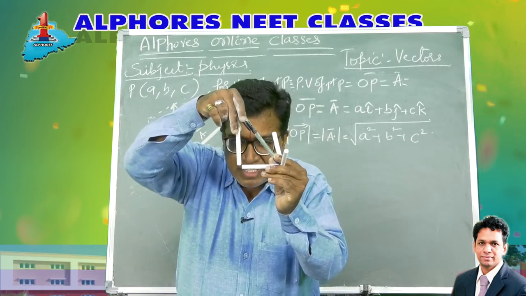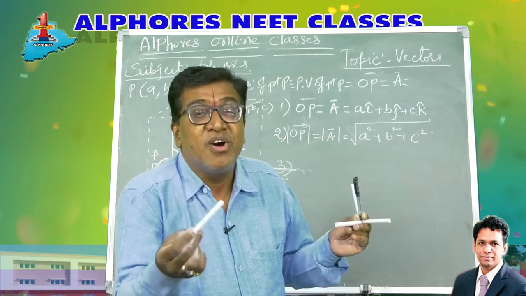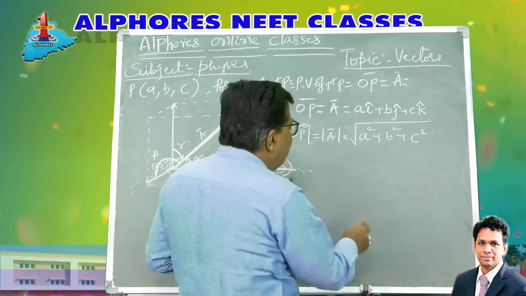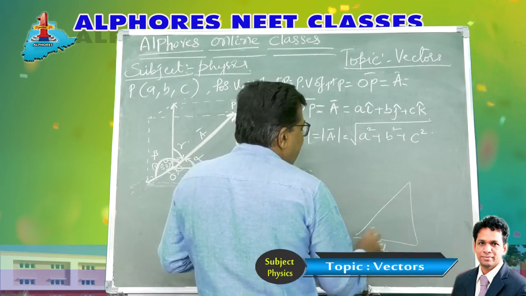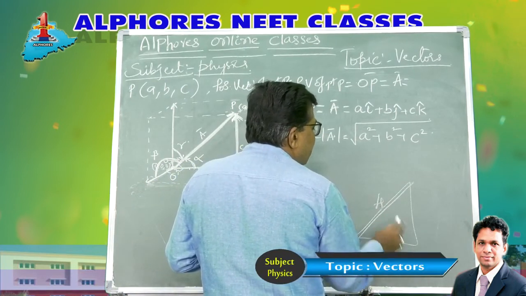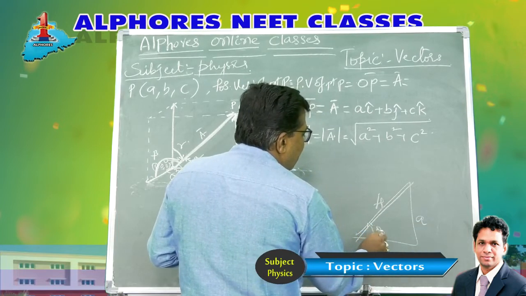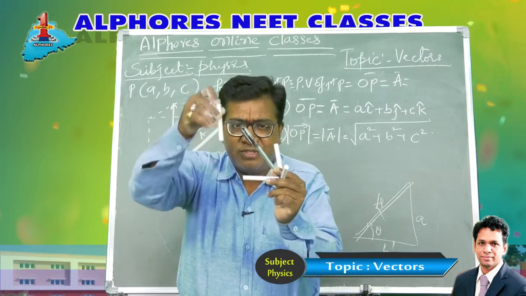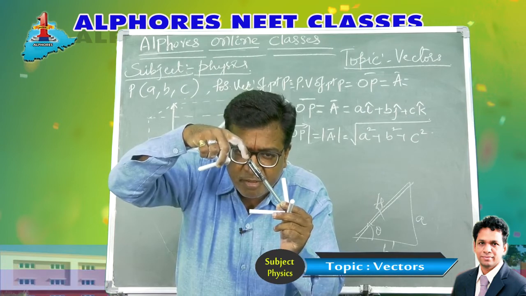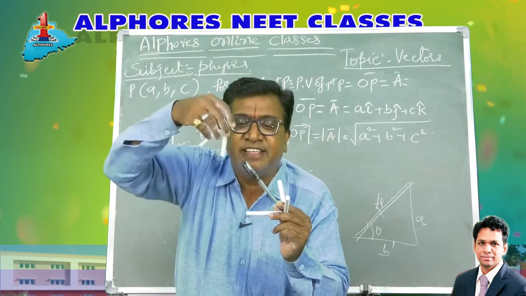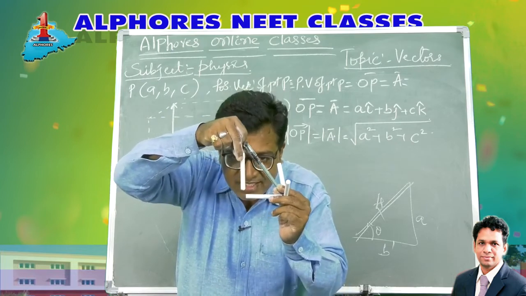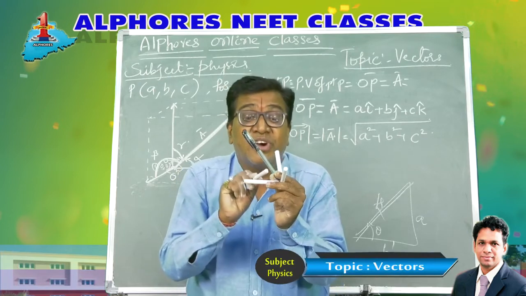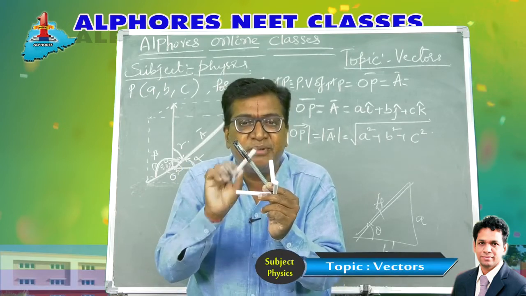So now from this right angle triangle, apply trigonometry. What is cos alpha? According to trigonometry, cos theta in a right angle triangle is base by hypotenuse. This is the base, this is the hypotenuse, and this is the altitude. From this right angle triangle, I am dropping a perpendicular from the point P onto the x-axis. Even if I tilt it and drop a perpendicular this way, this is a right angle triangle and this angle is alpha. So cos alpha is adjacent by hypotenuse.